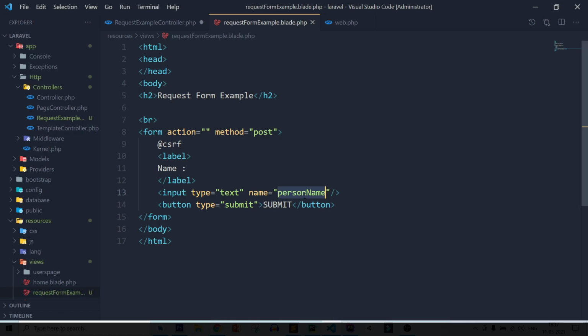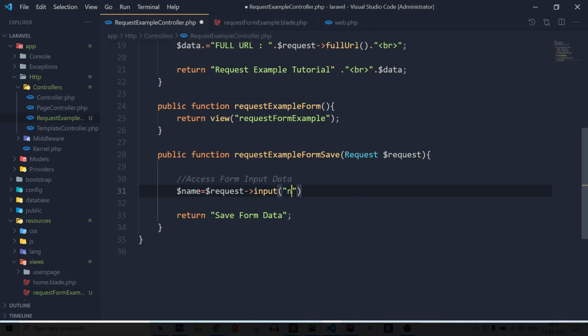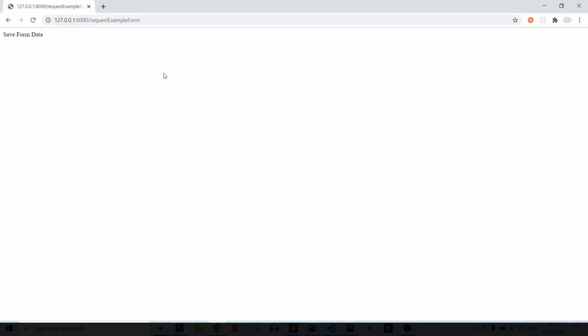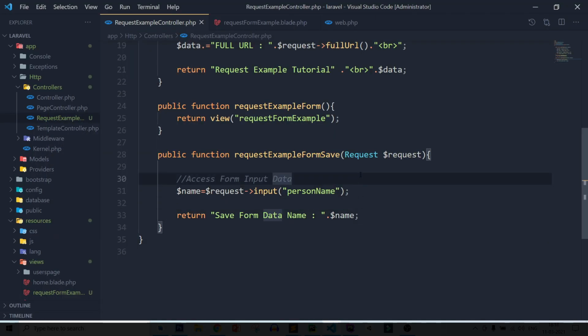So copy the key name, which is person name, paste it, save it, and here show the name, dollar name. Save it, back to Chrome, refresh the page, and you can see you get your form input name. So in this way you can get the form data from the form to the controller using the request object.